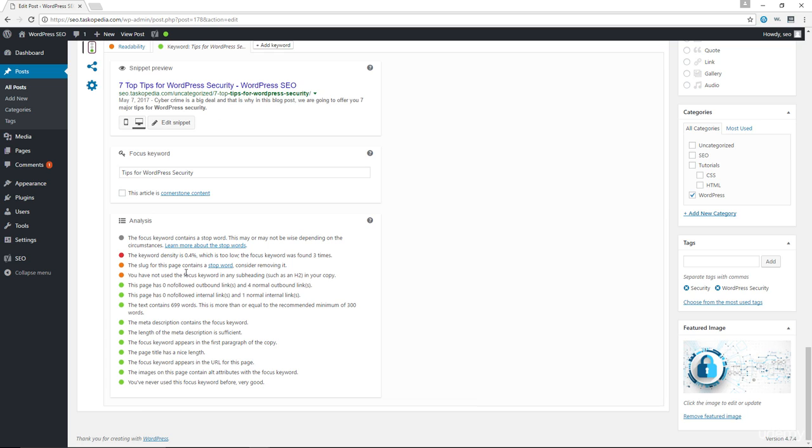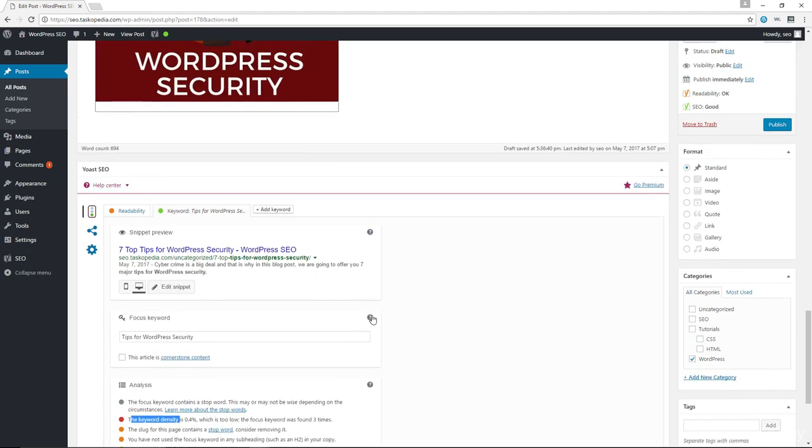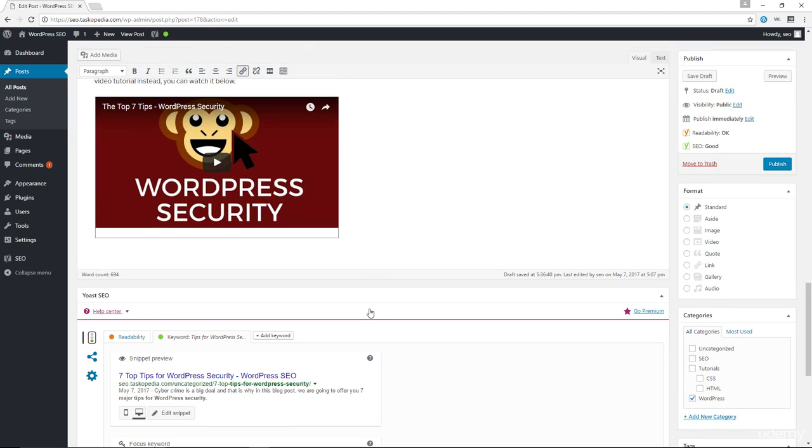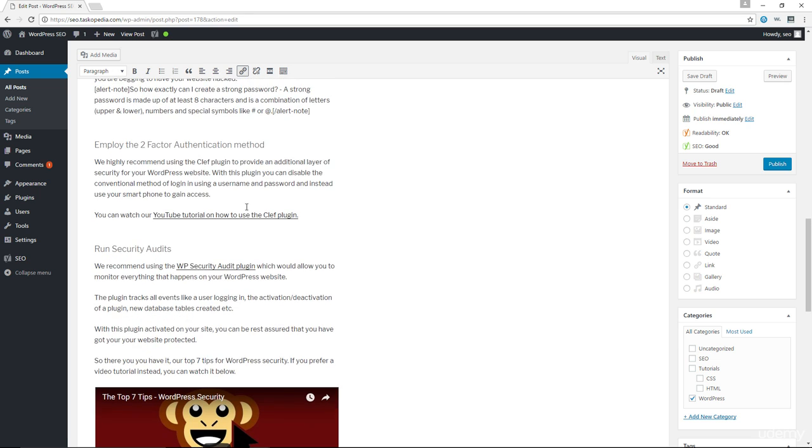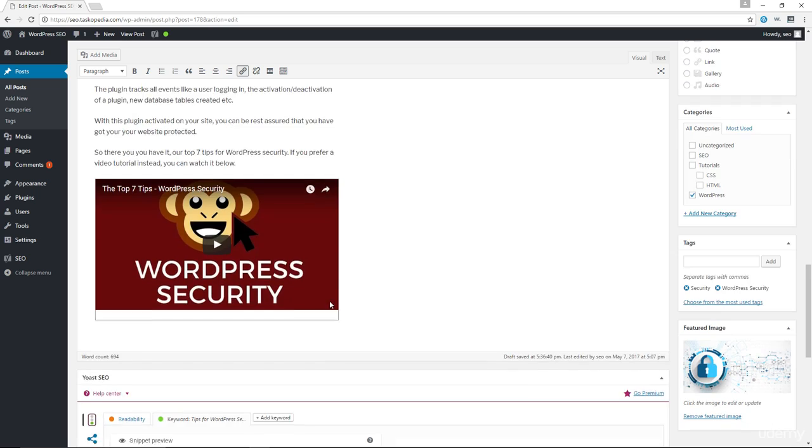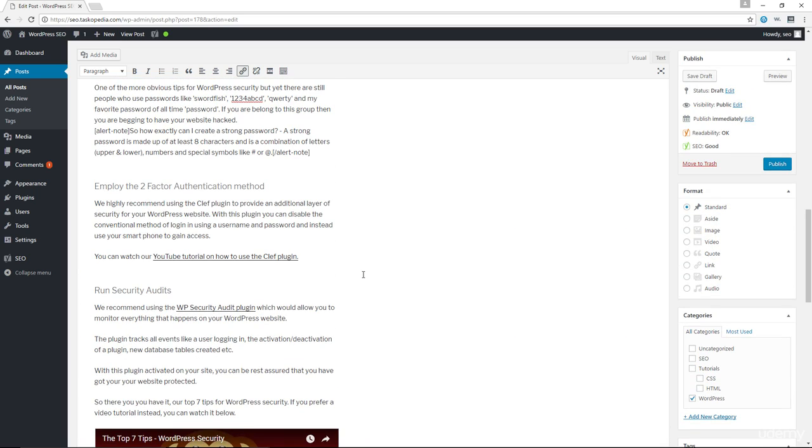Right? Like for example, over here right now, it says the keyword density is 0.4%, which is too low. The focus keyword was found 3 times. What this is basically saying right now is that we haven't used the phrase top tips for WordPress security enough times in the article. So in order to get this to turn green, we'll have to apply the phrase top